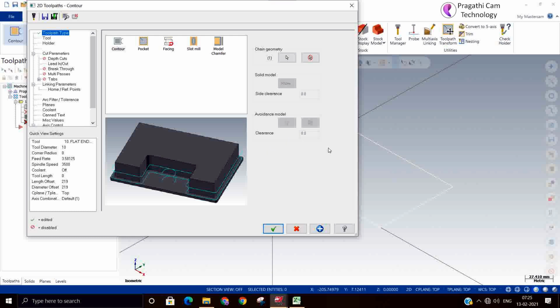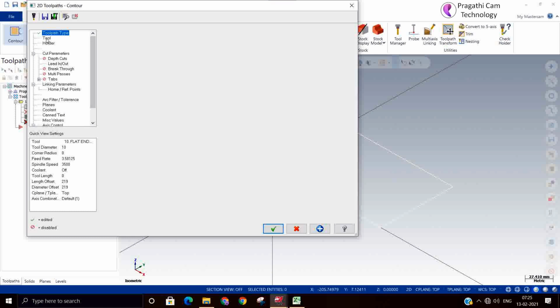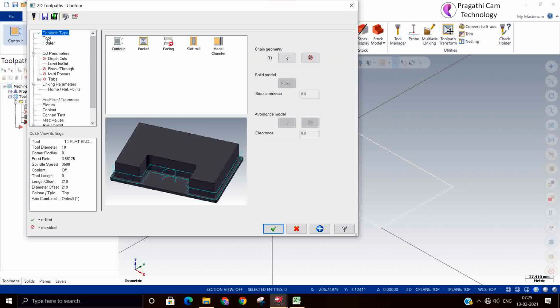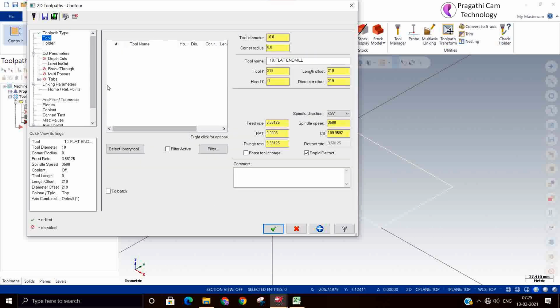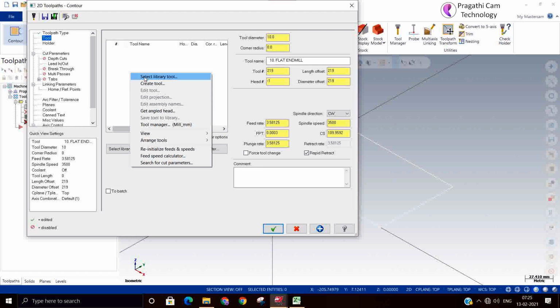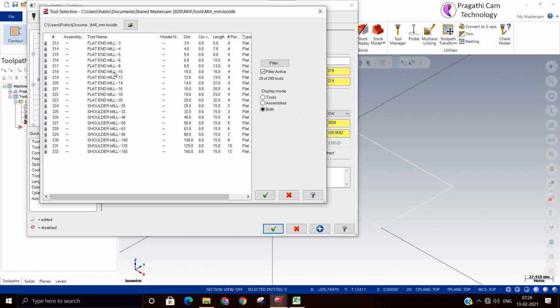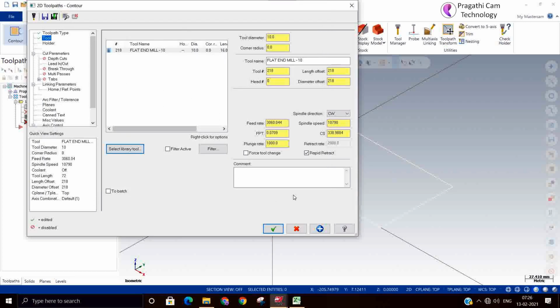Next page is the tool window. Now we go one by one in the list. By right click you can get the tool, or get it from the library. From there you can take the tool. Now you can see the tool number, diameter offset number, length offset number, all seen here.